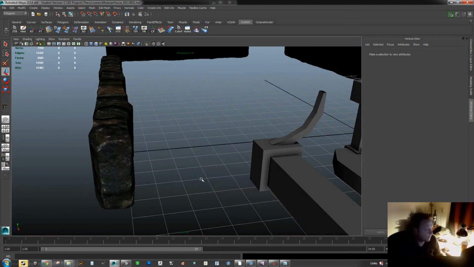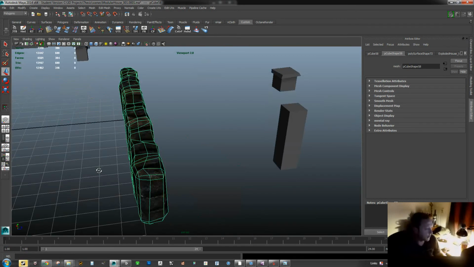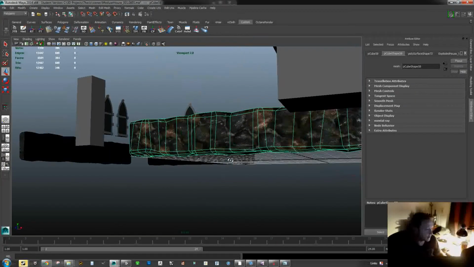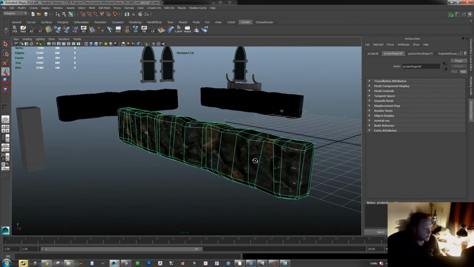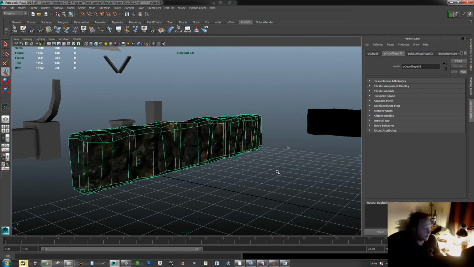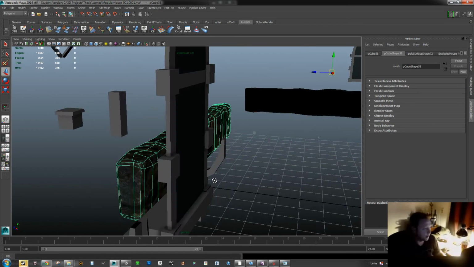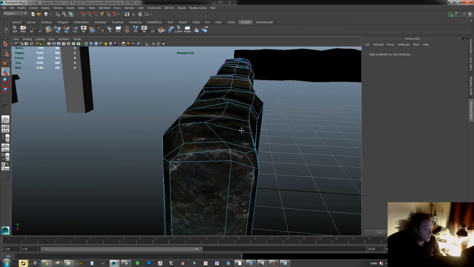So on this, basically all I'm doing is splitting it in half, because I have a double-sided stone foundation here. And honestly, if only one side is exposed to the viewer, you don't really need both sides plugged in there. That's extra geometry that's being used up. So all I'm going to do is split that in half. And the way I do that is